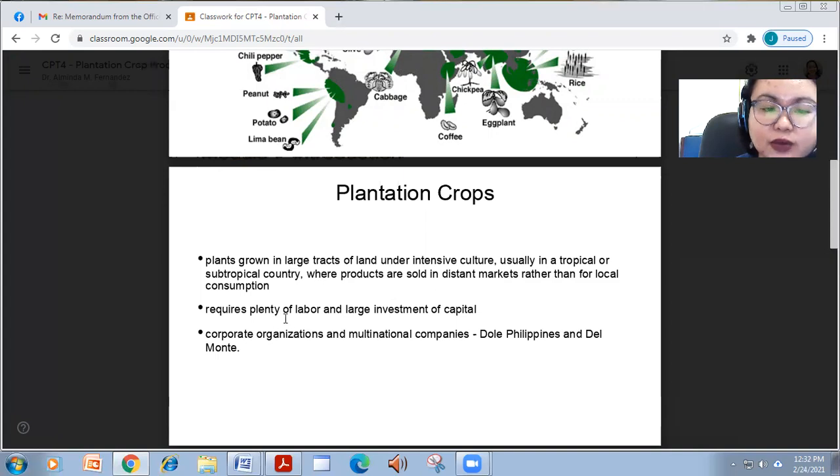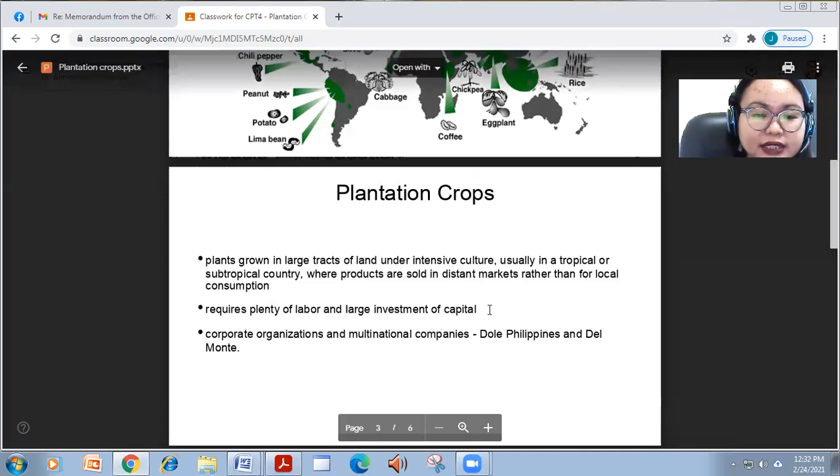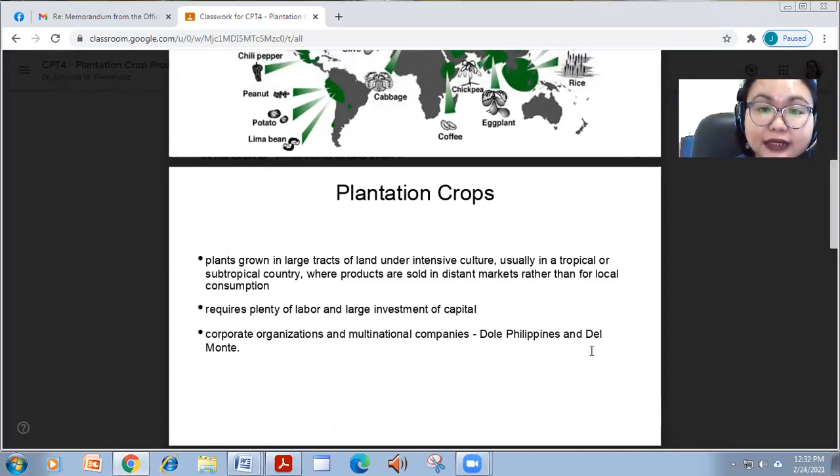This requires plenty of labor and large investment capital. Just think of the word plantation, with a corporate organization or multinational companies like Dole Philippines and Del Monte producing a particular crop.